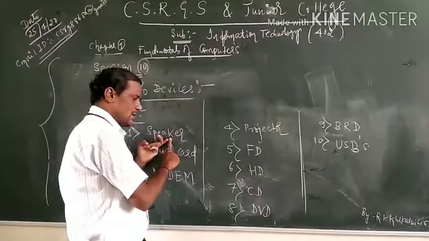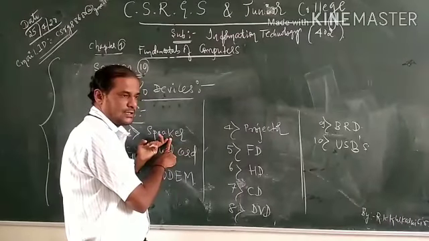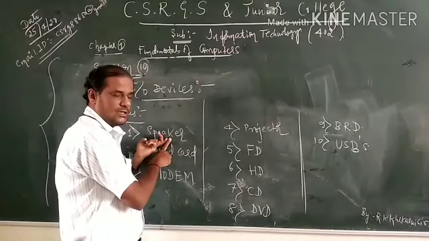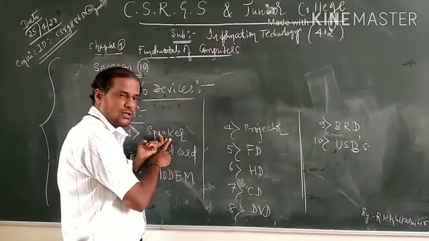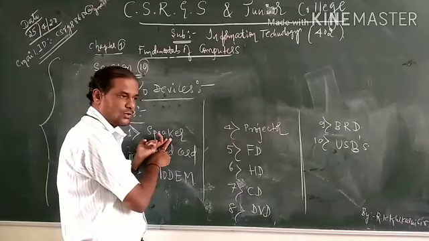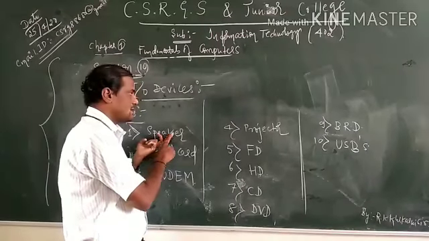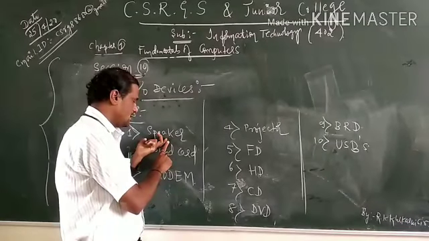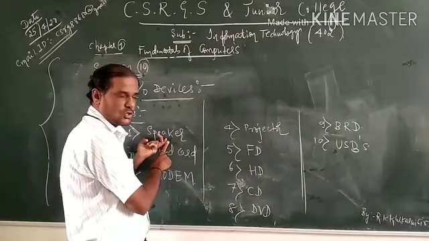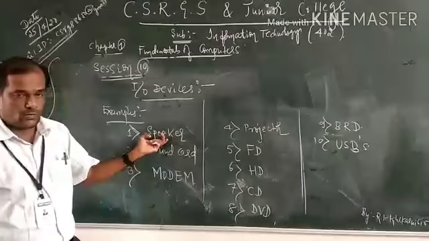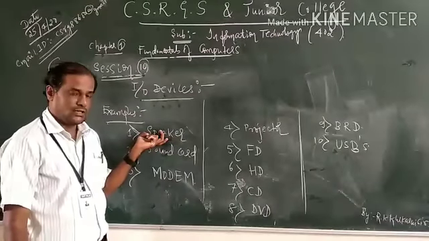That's why the speaker is called an I/O device. Repeatedly I am telling you, the speaker is an I/O device. In some books they give it as only an output device or only an input device, but it is not only an input device, not only an output device. It is called an I/O device, which functions like both. Hence you consider this speaker as an I/O device. You should not tell it as only an input device or only an output device. Why? I have given the reason.